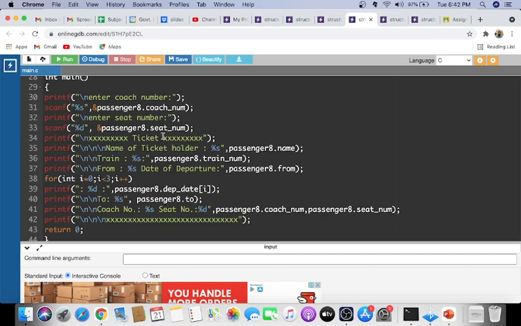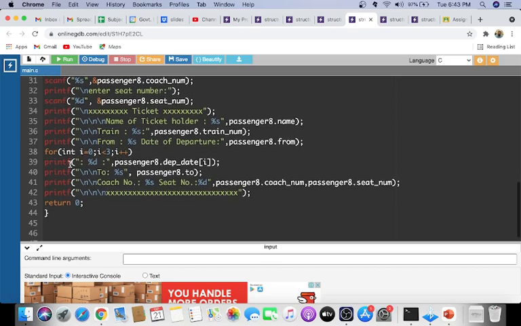Ticket, this is to print it in format. Then in the next line, name of ticket holder, the train name, then from and to station, then the departure date. The departure date is actually printed in a for loop. So for i equal to 0, the day, month, year, everything should be printed.